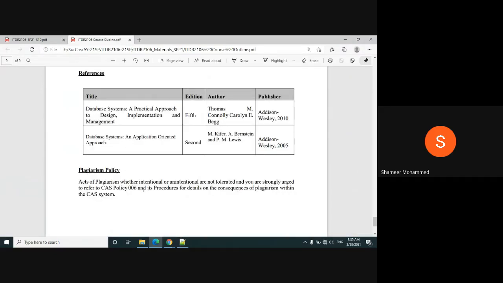Please note that when you do the assignments, projects, lab exam, do not copy from others' work. It will lead you to a penalty. This is known as plagiarism. You can read the policies of plagiarism on our college website, and what will be the result if you plagiarize.